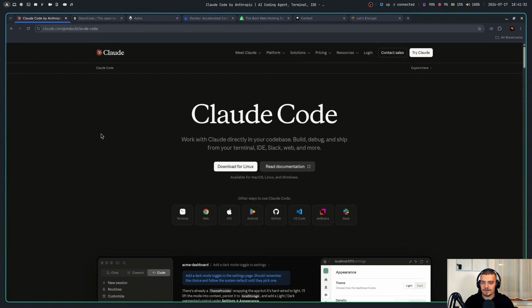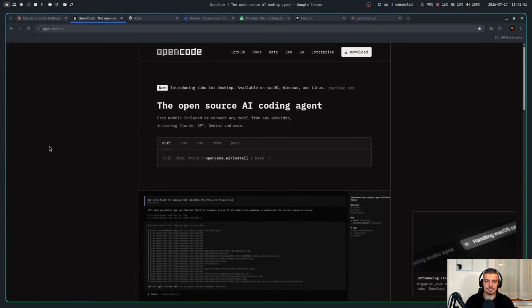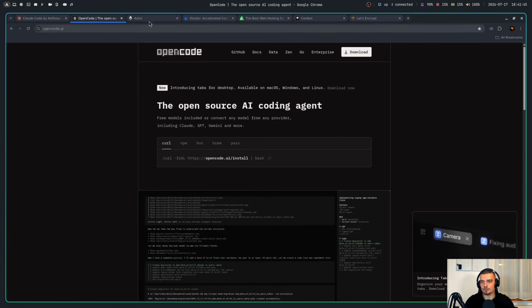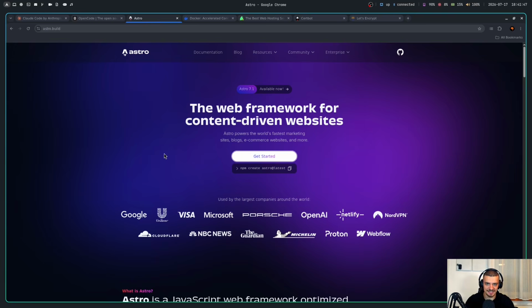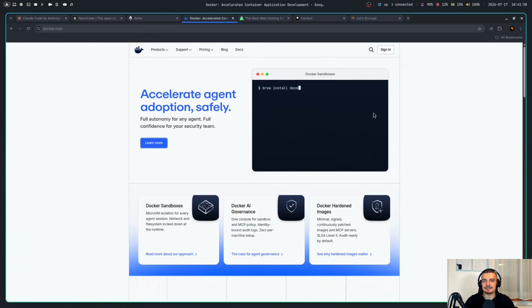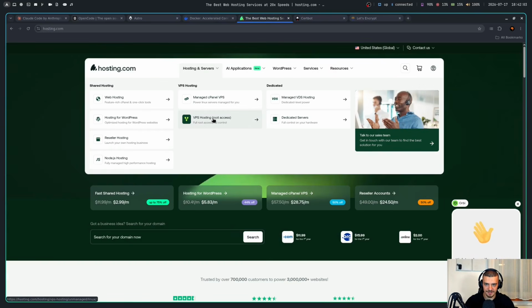So let me briefly talk about the stack here, the tools that we're going to use today. The first thing you need is a coding agent. Pick the one that you're most comfortable with, Claude Code, Codex, OpenCode, that's up to you, but we're going to use a coding agent to do the development for us. The only thing that we're going to tell it is that we want to use Astro.js, just because this is a nice JavaScript framework for static content-driven websites, so we're going to enforce that. We're also going to tell it to dockerize the application, so to turn it into a container so that we can then easily deploy it onto hosting.com, which is going to be what we use for the VPS hosting with